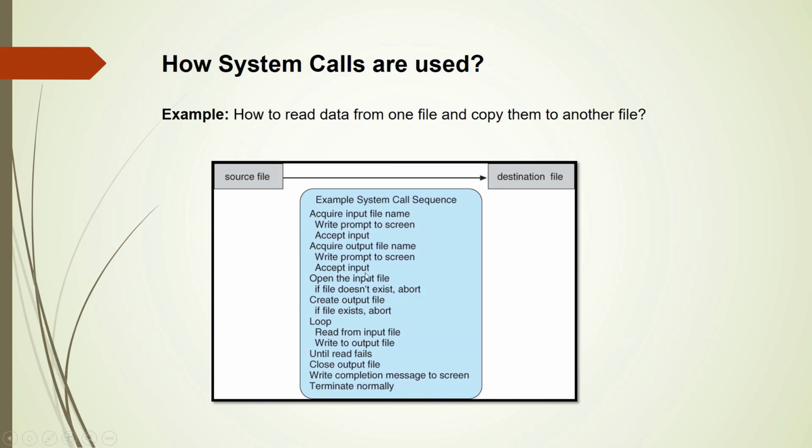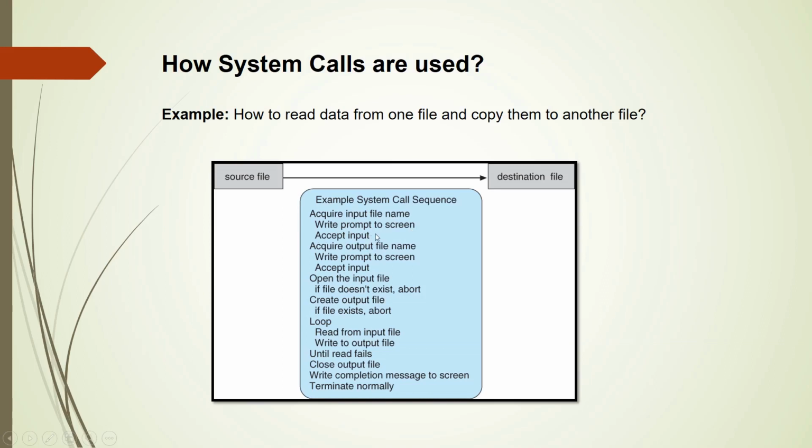Up to this step, there is one system call from the program to display the message that the user must enter a name for the source file.